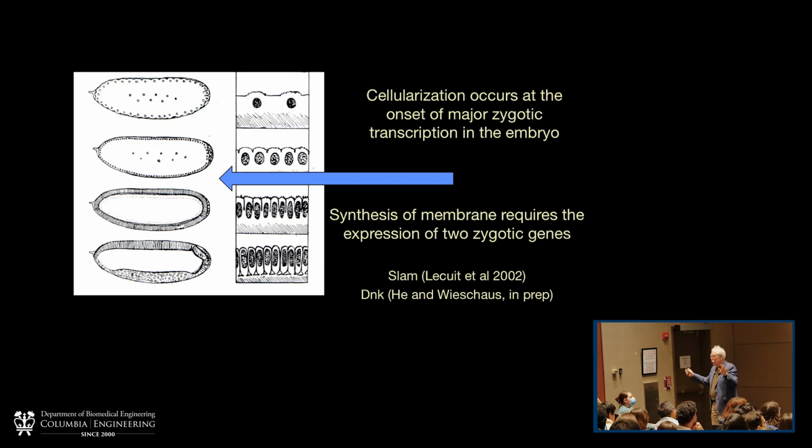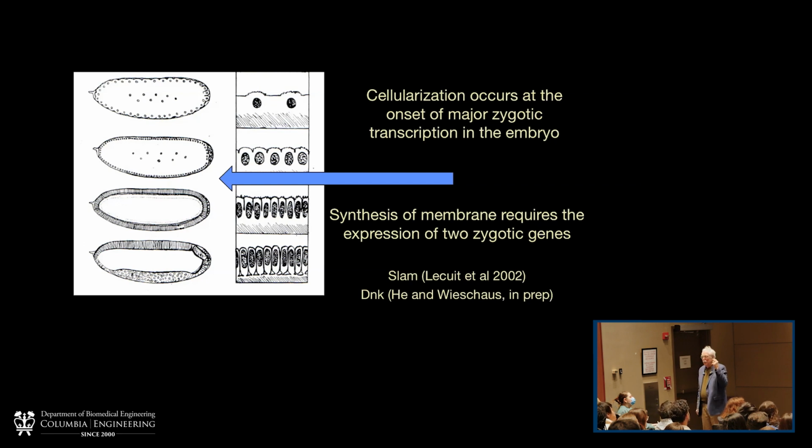They stop dividing and turn on gene expression. This is the point when twist and snail come on significantly, and turn on a set of genes which are involved in cellularization, cellularizing this syncytial embryo into the cellular embryo. And that process whereby membrane is made and pushed between adjacent nuclei to form this epithelial cell layer, this new epithelium that just formed and is going to do these tricks for us, requires 2 zygotically active genes that we know.